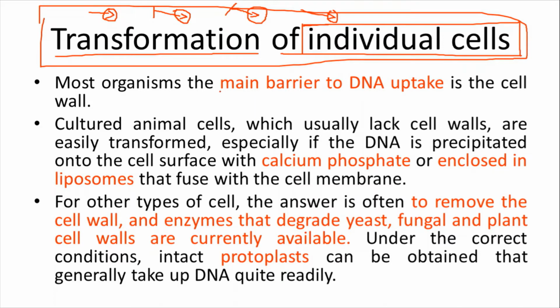So a number of protective proteins are there, and we cannot easily introduce the DNA into the cell. That's why scientists or researchers transfer the DNA into a single cell. First we isolate it, separate it, treat it, and finally produce a single cell and easily transfer the DNA into it. Once transferred, we can culture it and regenerate a new